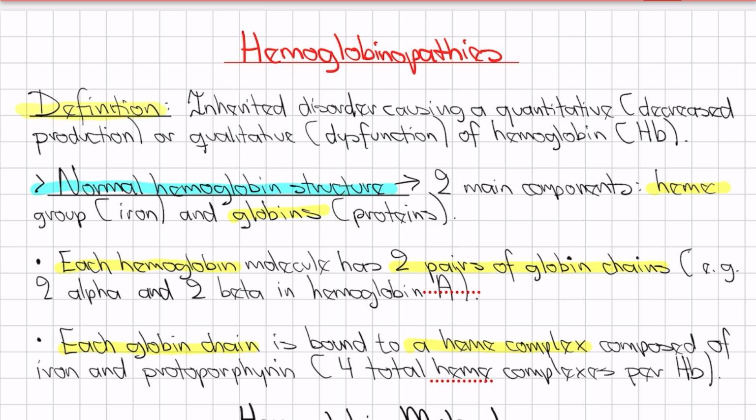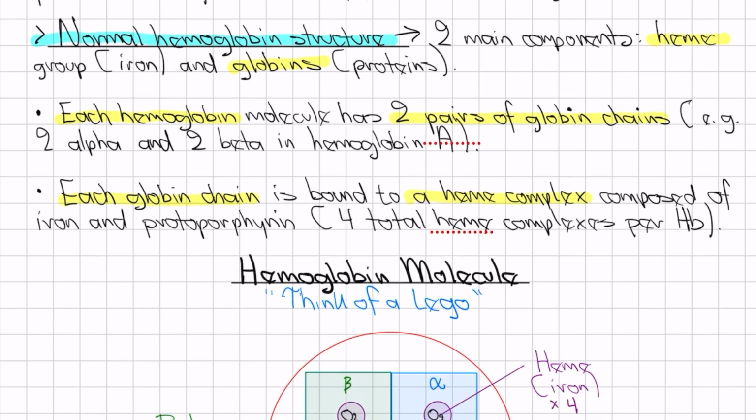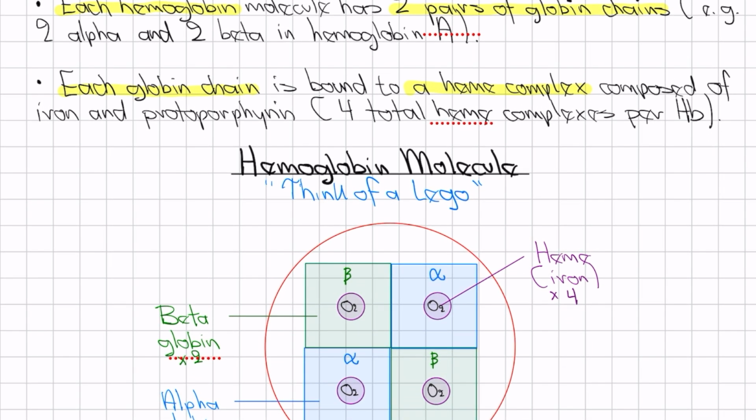Each hemoglobin molecule has two pairs of globin chains. For example, two alpha chains and two beta chains. And that is what we classically see in the most common hemoglobin, which is hemoglobin A. Each globin chain is bound to a heme complex composed of iron and protoporphyrin. That means that if each hemoglobin molecule has 4 different globin chains, we also have 4 different heme complexes per